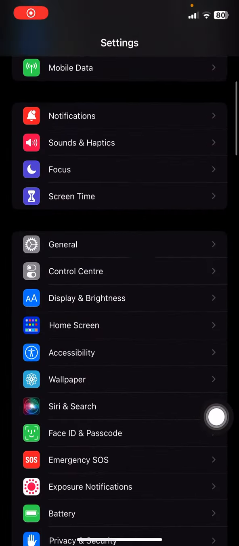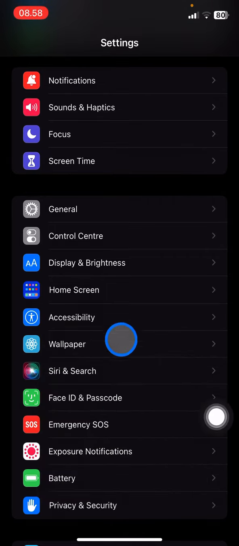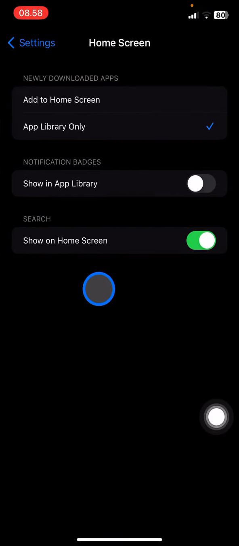Now you just need to scroll down until you find the home screen right here, and then click it. Now there will be options here: the newly downloaded apps will be added to the home screen or added to the app library only. So if you choose add to home screen, whenever you install a new application, this application will pop up on the screen. But if you do not choose this, the application will be hidden and saved